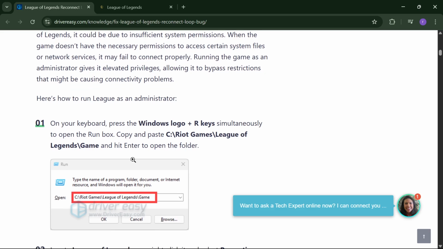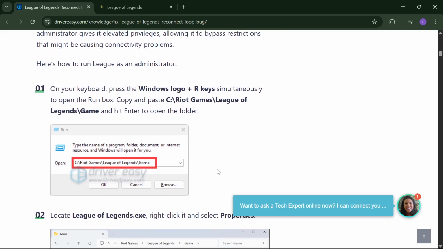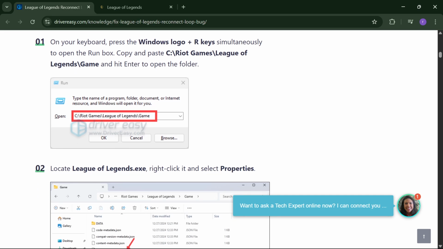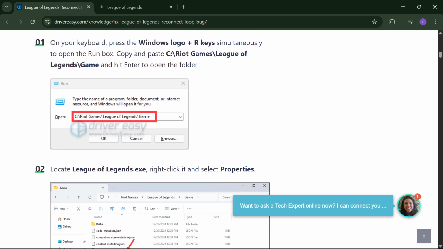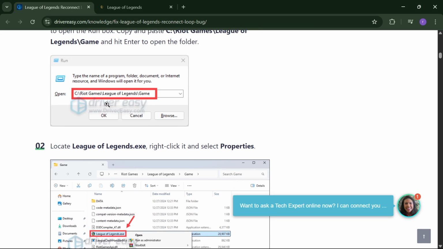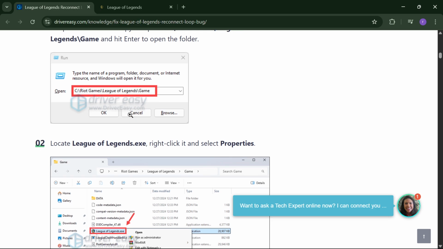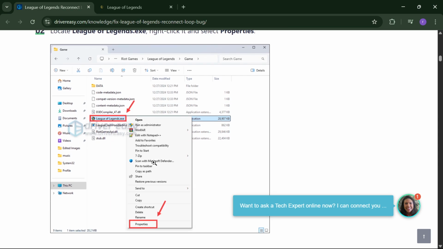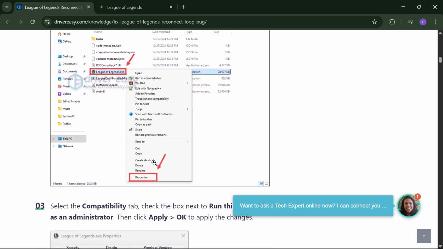On your keyboard, press the Windows logo plus R key simultaneously to open the run box, copy and paste C slash Riot Games slash League of Legends slash game, and hit enter to open the folder. Click OK, and after opening the folder, you have to click on the properties and select the compatible